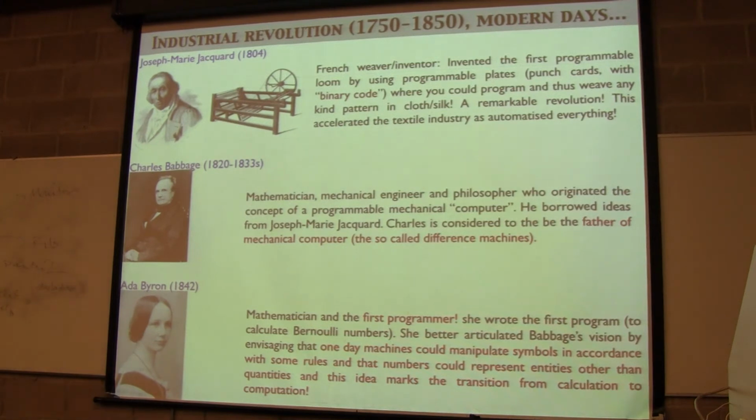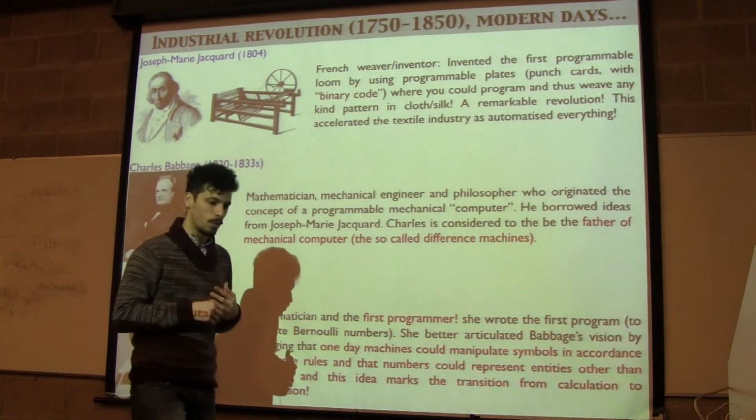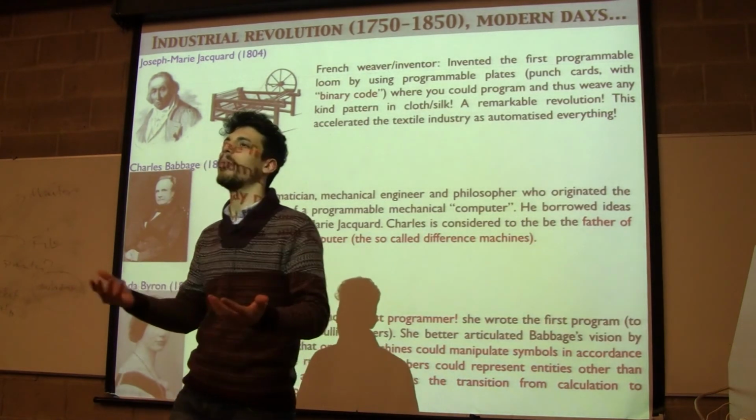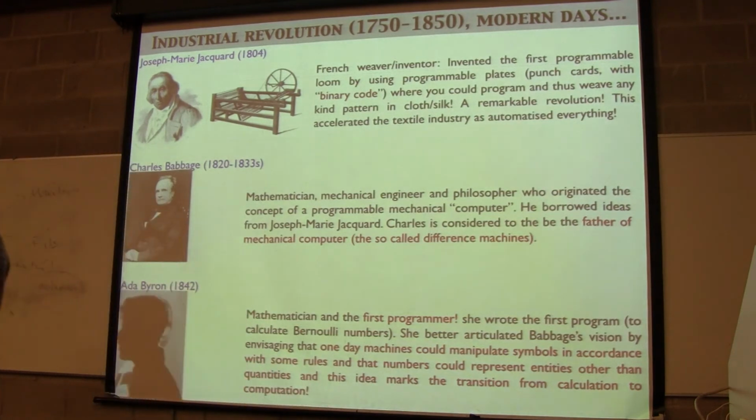So at that time, you have this French guy, Joseph Marie Jacquard. I don't know if I pronounced it correctly. What he did is basically invent punch cards, okay? So IBM will tell you we invented punch cards, that's not true. IBM just copied the design of that guy. So he had these punch cards, and invented this loom which could read punch cards. So he could weave with this loom whatever pattern he could think of. So he programmed